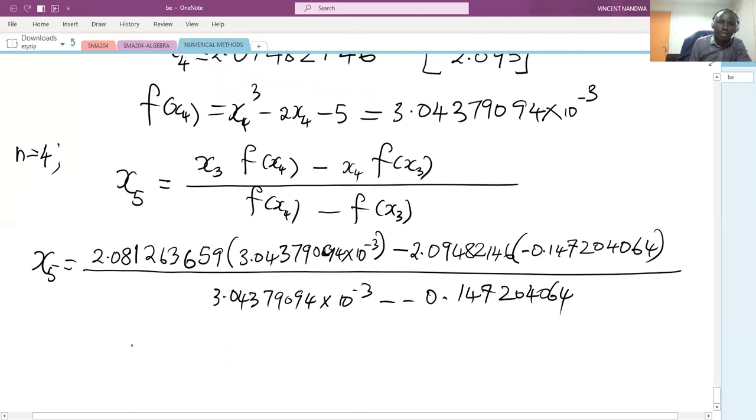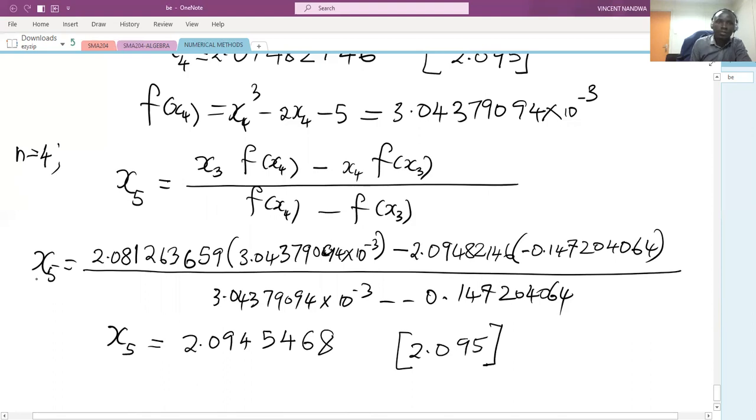When you put this into your calculator and simplify, you get 2.0945468, and this one to 4 significant figures will be 2.095. Because x5 and x4 have the same value when rounded to the stated level of accuracy, therefore we conclude